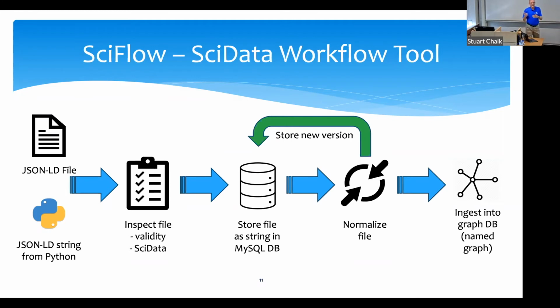And then whenever we put a data file into the graph, rather than just putting it in as is, we identify what the chemical substance is in that file. We see if it's already in the graph. If it is, great, we just link directly to it. Or if it hasn't been created yet, we create that file, we put that in the graph, and then we link the data to that. In that way, no matter how many data files come in that have data about a specific chemical compound, they all link to the same representation of that chemical compound in the graph. So we have a much better way of organizing our data.